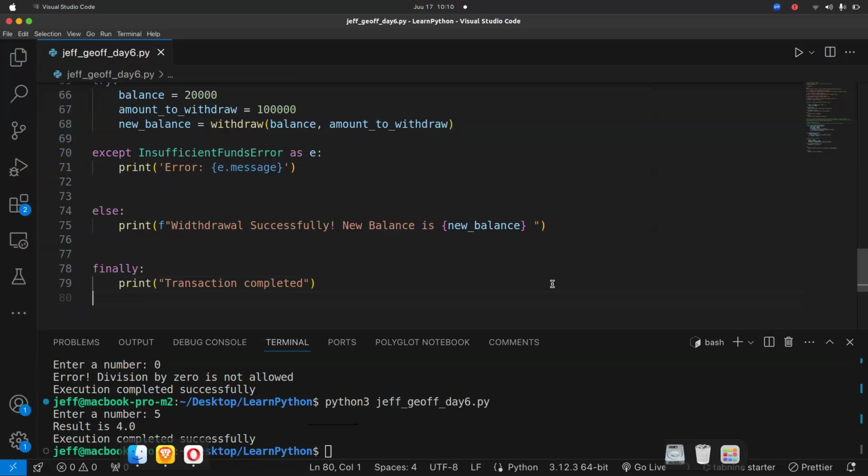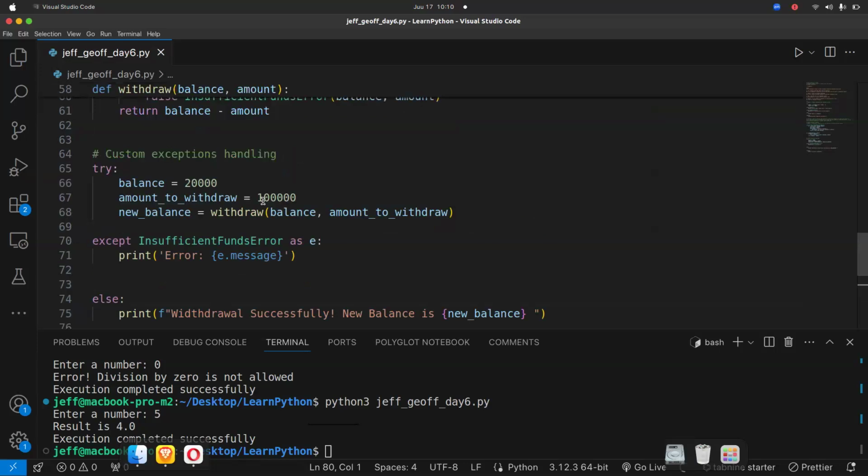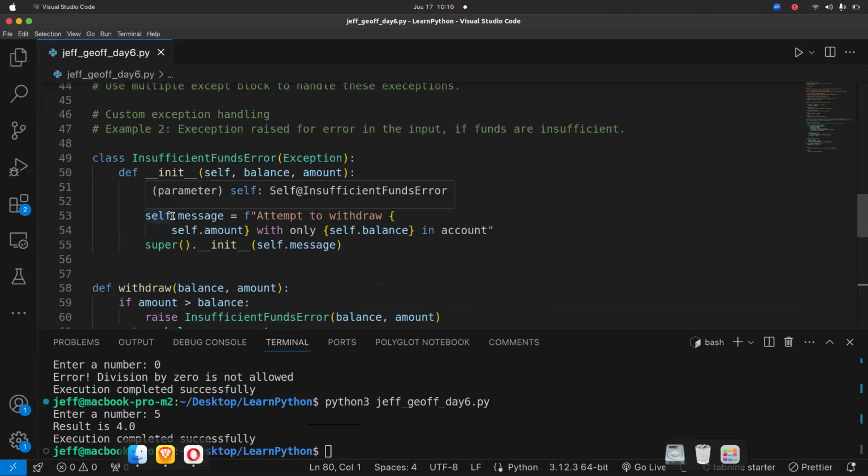Okay. So the purpose of this exercise is to demonstrate how we can define custom exceptions, which we did here by using a class so that we can have a custom exception for a specific case. And this case is when we are dealing with amounts and balances.